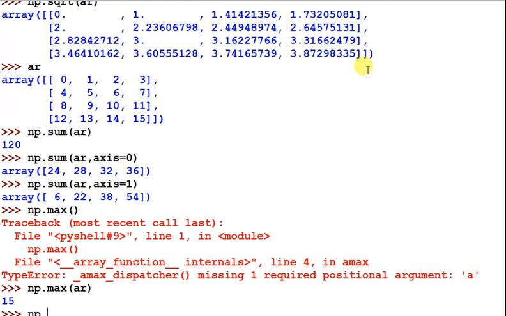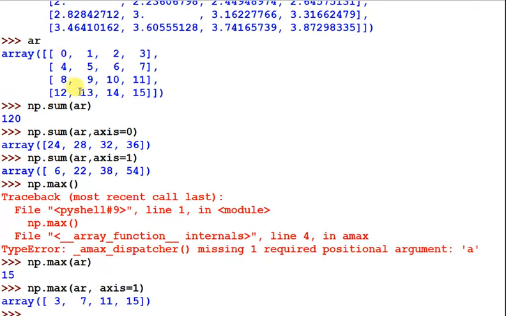If you want to find the max along a particular axis, you have to pass the array name ar and axis equals 1, so it returns the maximum per axis. Here, in this axis, the highest number is 3, and in the second row it is 7, 11 and 15. In this way you can use it on the two-dimension array.